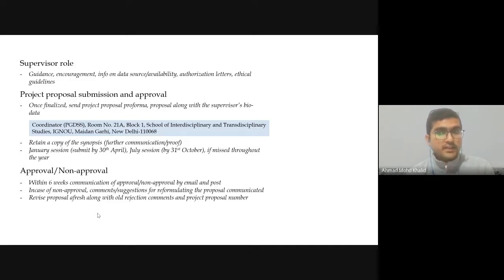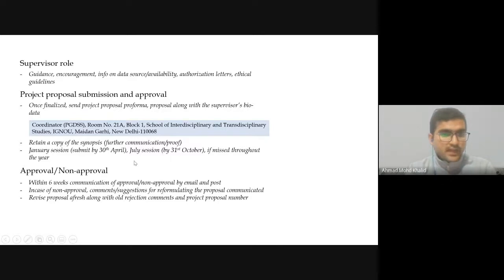Sometimes you will require for data collection or traveling that you want to go and meet some organization. So he might write some authorization letters to you also. So that's how the role will be of a supervisor. And once you have the supervisor with you, you submit your project proposals and there's an address they have given. You have to send that, and there's a proforma which your annexure MSD booklet MSD 018 clearly defines. All the details are there, you can refer that. So you just take one copy of that with you and you send that.